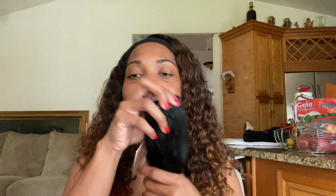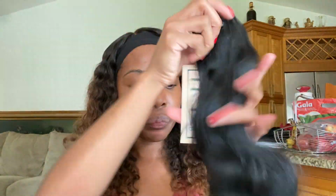Like it feels like it has some texture to it. Like the ends, I believe, are kind of dry though. But it definitely looks like she trimmed the ends to make like their ends are not thin, you know what I mean? And then guys,